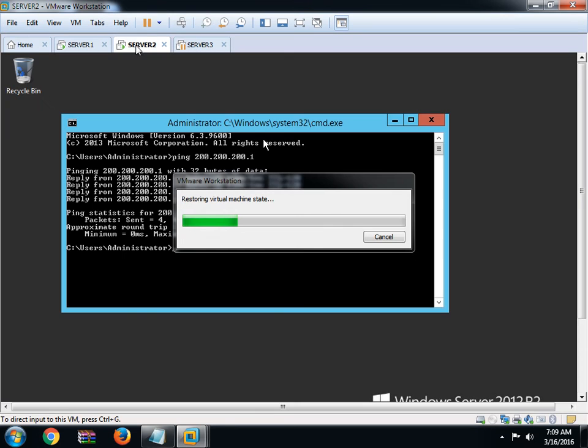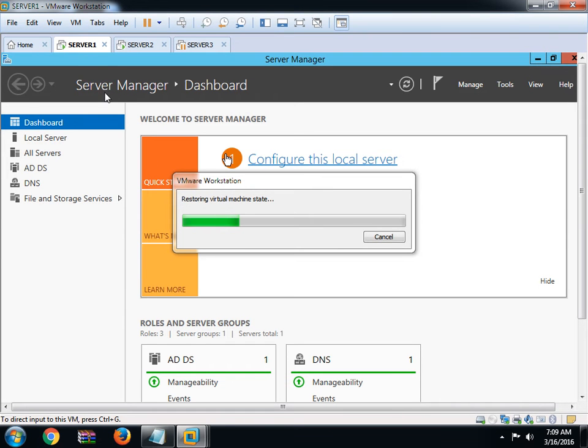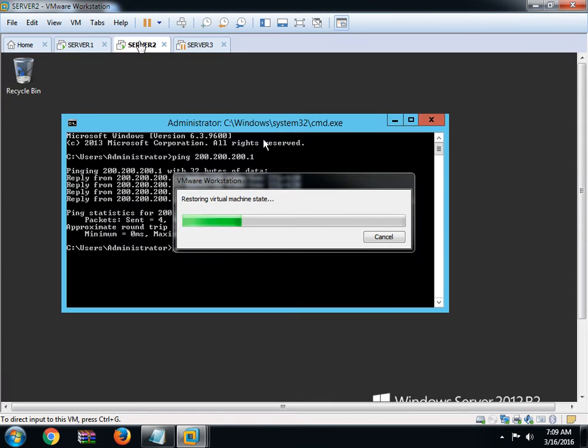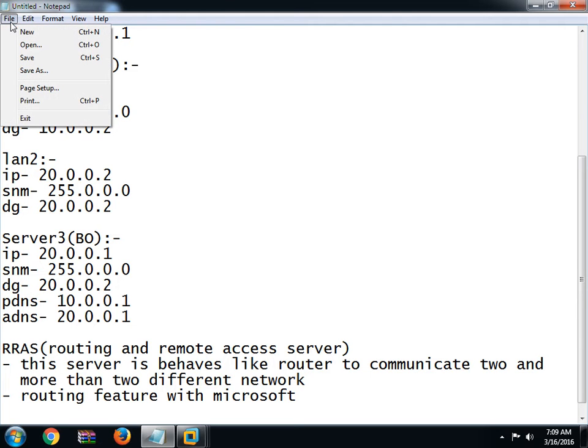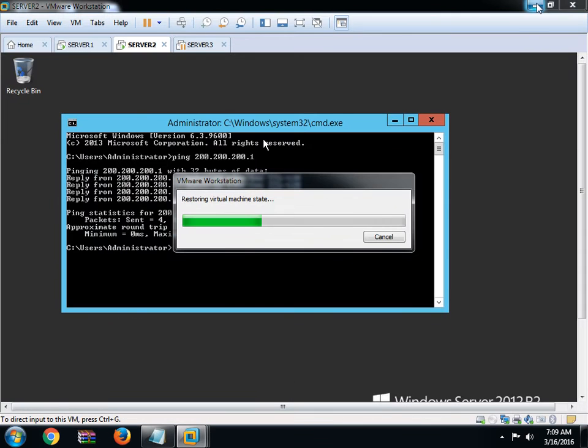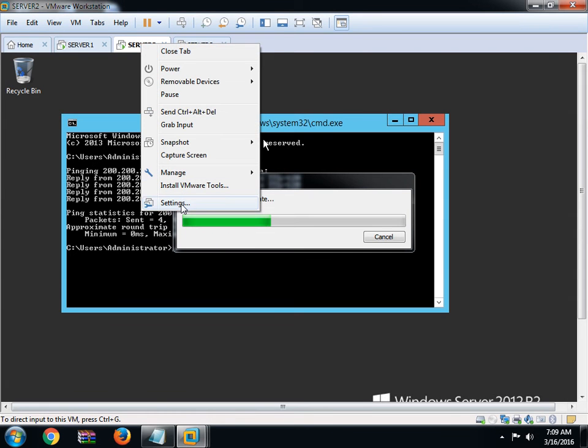Now this is Server 2. Do one thing, give this name Server 3 and this name suppose Server 2, right? Okay. For Server 2 we have to add one more LAN card.